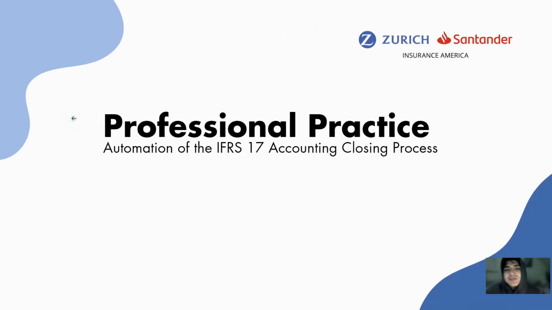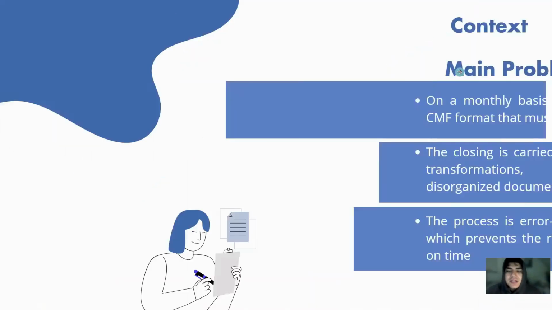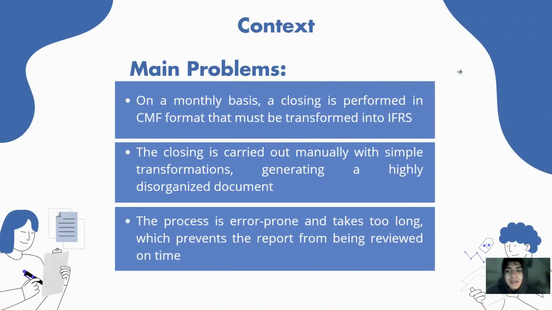Yeah, good morning. My name is Omar, and today I'm gonna show you how to automate the IFRS 17 accounting closing process at Zurich Santander General Insurance Division. Well, the problem is every month the accounting team at Zurich Santander needs to produce a finance report following IFRS 17 standards. That is the international norm to define how an insurance company must report the assets, the reserves, and the